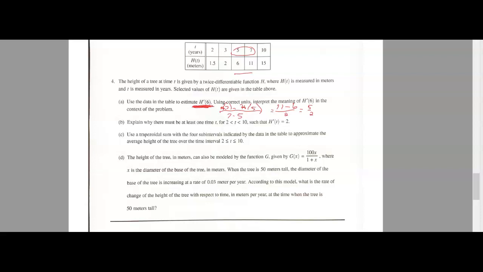So it says using correct units. Write down what we just found in this problem by doing the average rate of change. This would give you a unit. The 11 and the 6 had a unit of meters. The denominator had units of years. So what this is telling us then in terms of the height of the tree is